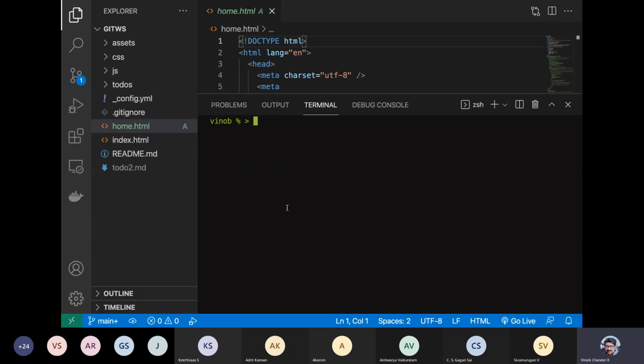All right, so we got that back. Now although we got that back, you have your home.html also. So if you do a git status now, you have a new file home.html.